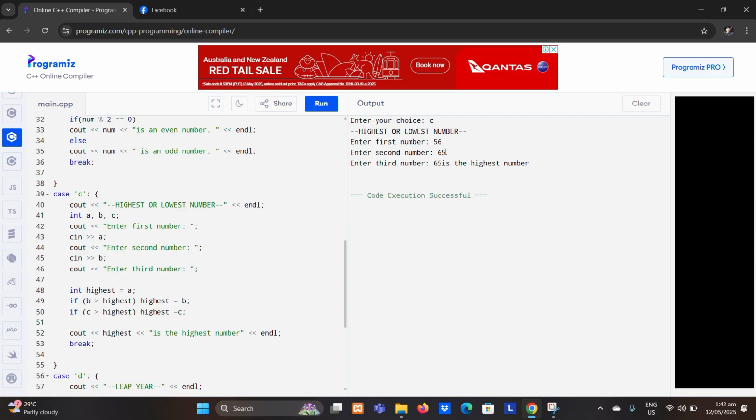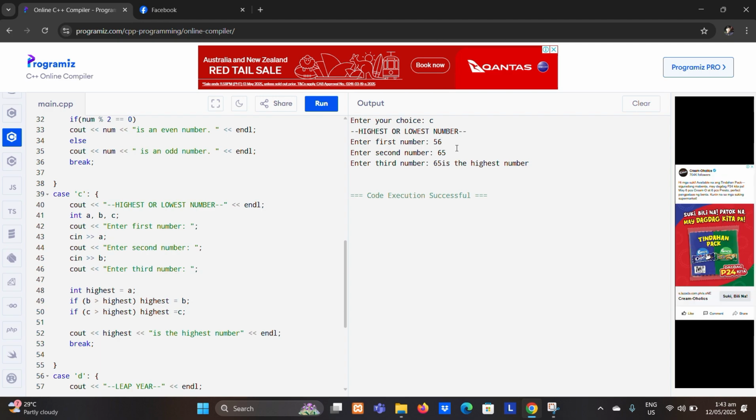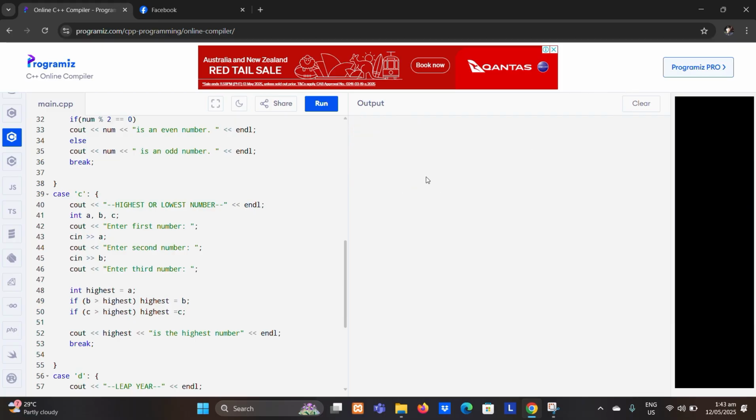So in this case, I think I have something wrong because it's asking to enter third numbers. So it's weird. May mali ako.